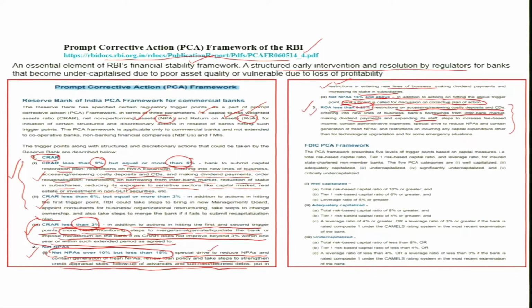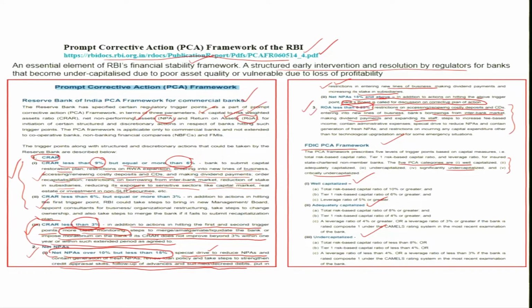So, we can see here that these are all the restrictions they put, these are all the prompt corrective action. Again, this is about the RBI PCA framework. In the FDIC in the US, this is the framework they use. That means well capitalized, undercapitalized, they make a categorization. They make 5 PCA categories: well capitalized, adequately capitalized, undercapitalized, significantly undercapitalized and critically undercapitalized. And you please visit this website, this link, and you will get further information about the FDIC